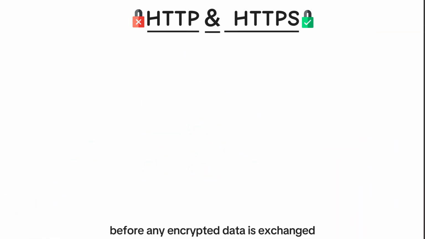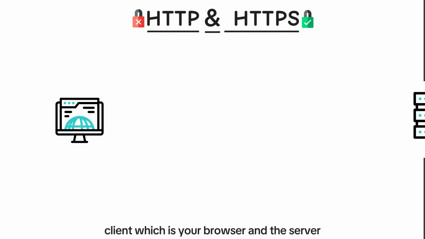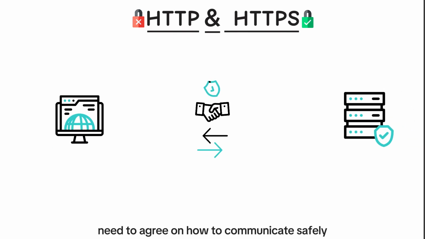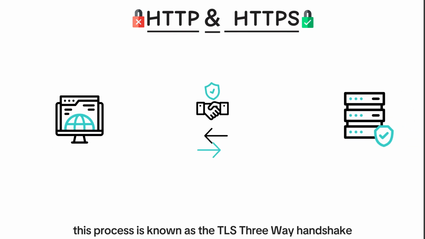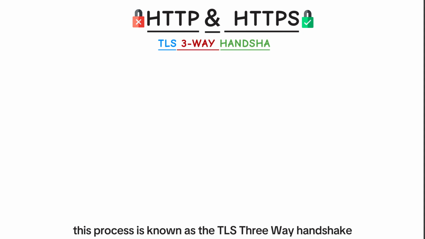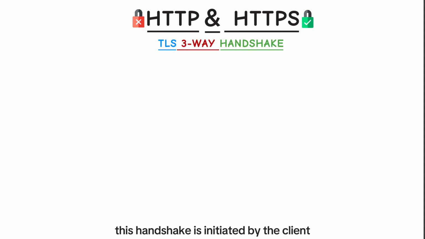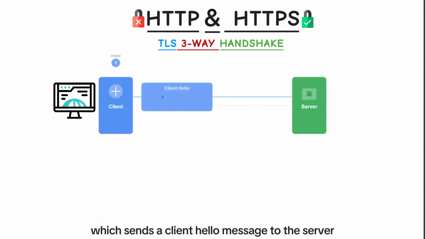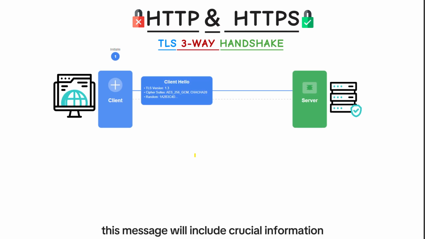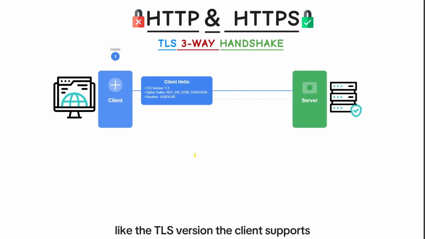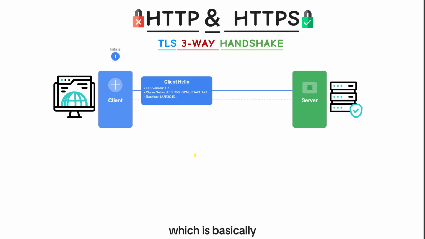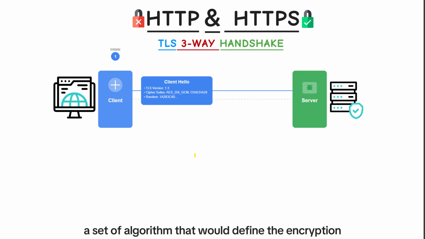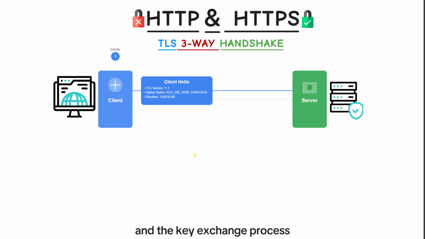Before any encrypted data is exchanged, the client, which is your browser, and the server need to agree on how to communicate safely. This process is known as the TLS three-way handshake. This handshake is initiated by the client, which sends a client hello message to the server. This message will include crucial information like the TLS version the client supports, a list of ciphers it can use, which is basically a set of algorithms that will define the encryption and the key exchange process, and also a